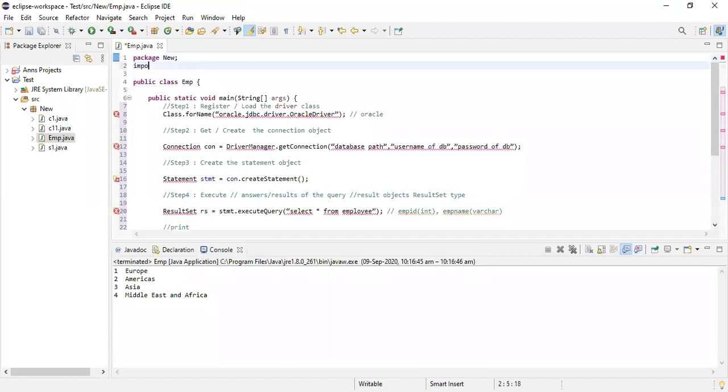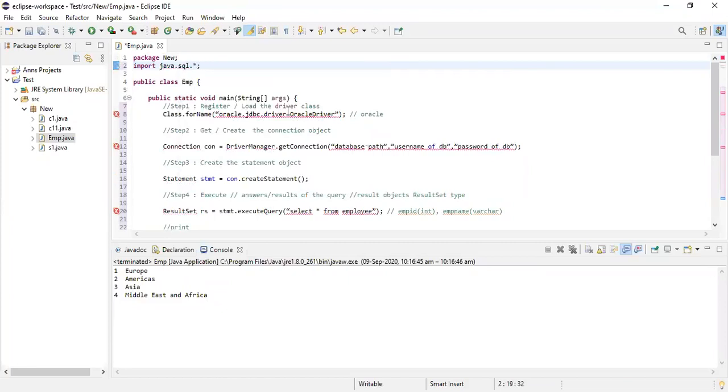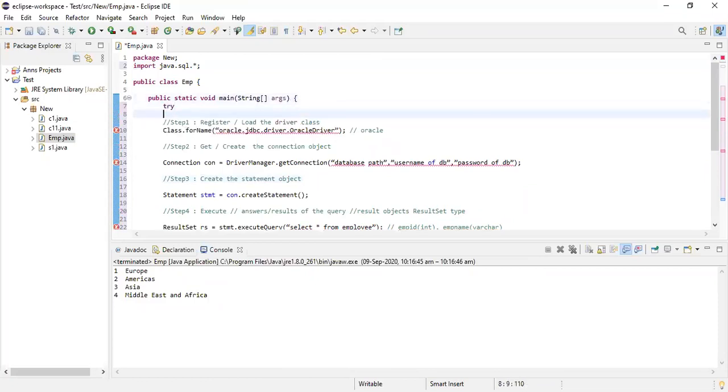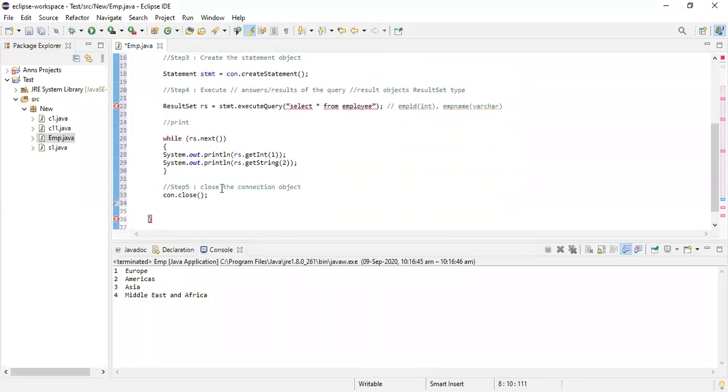Because you're doing your JDBC, you will have to import java.sql.*. You will have to put things inside a try catch. Try. Catch. I'll just finish off my exception business.